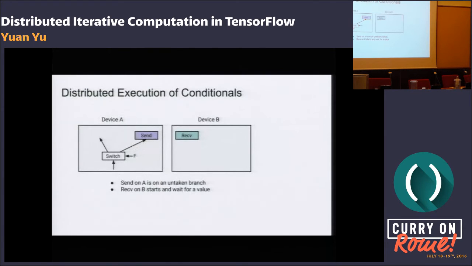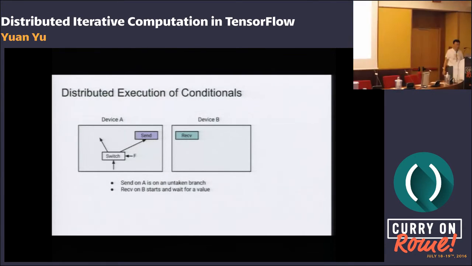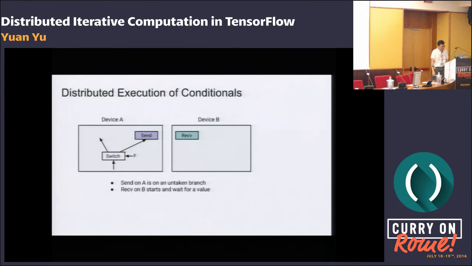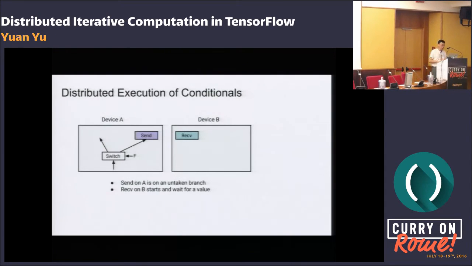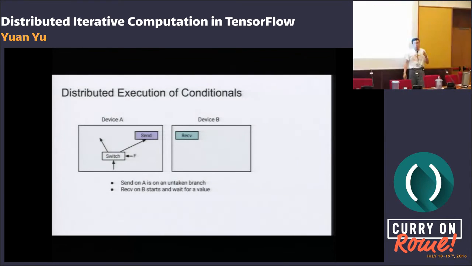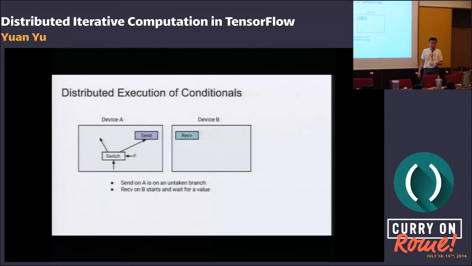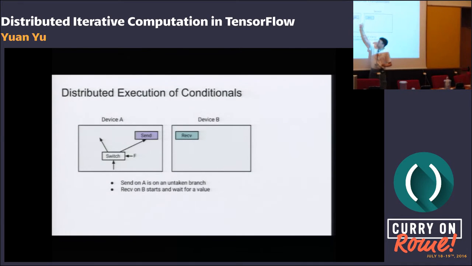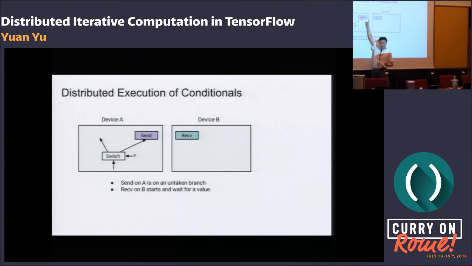So how do we do the distributed execution of conditionals? The first problem we run into is, suppose I do a partition on the untaken branch. Remember, we talked about the receive. The receive is going to proactively pull the data. If this is on an untaken branch, and we don't send anything here, the pull is going to wait forever.